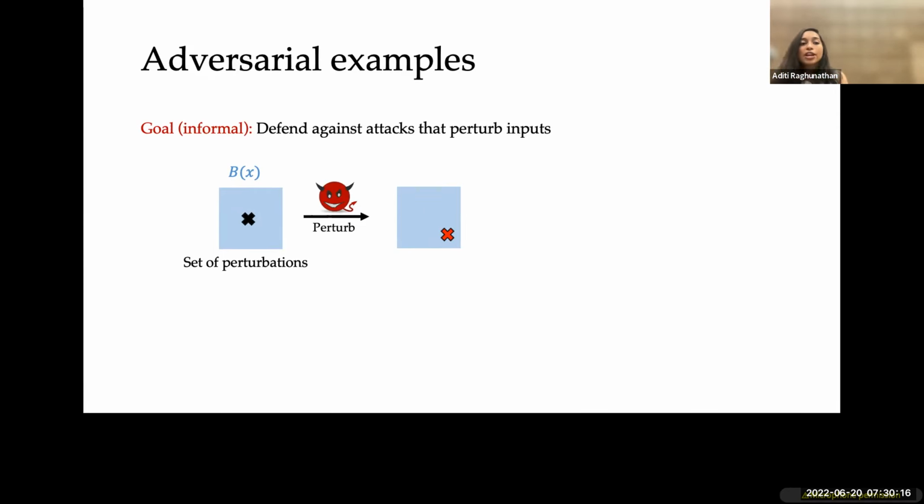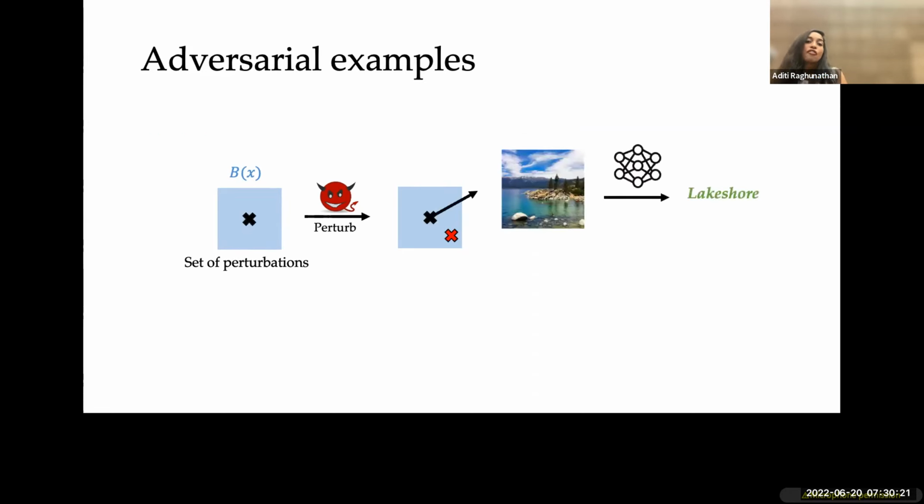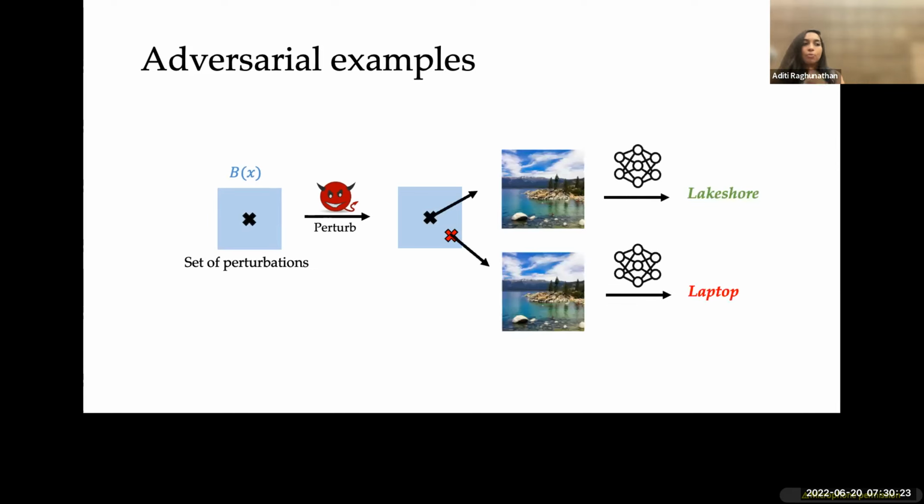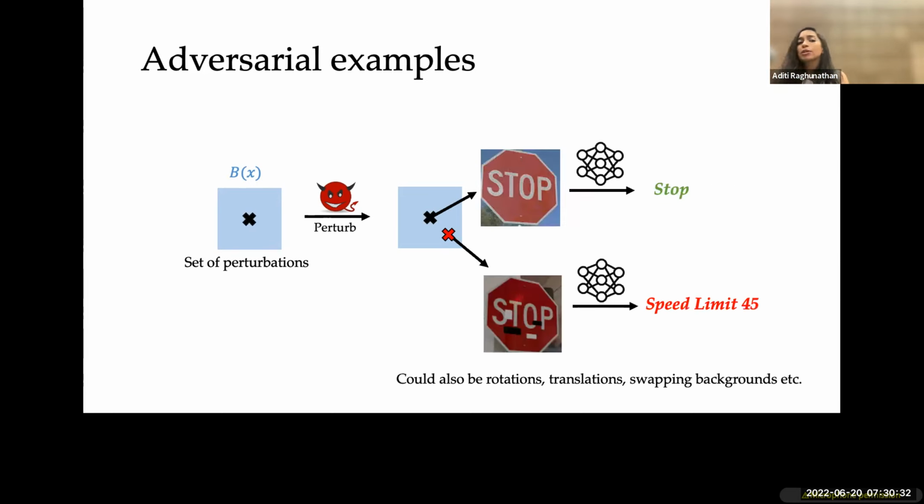Depending on how we define this set of perturbations, we can get different kinds of robustness. For example, this could be the imperceptible set of perturbations that we had before, where we can formally write down the ball as follows, where every pixel is changed by a small amount. The set of perturbations could also have things like stickers, and we get the stop sign example from before. And we could consider various kinds of perturbations, like rotations, translations, changing the background, lighting conditions, and so on.